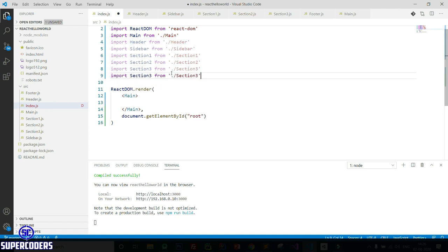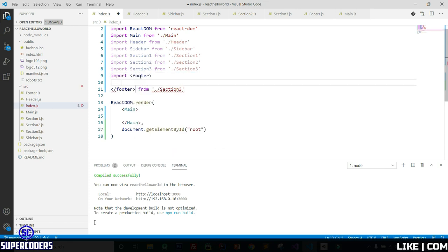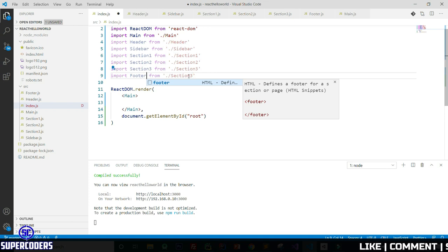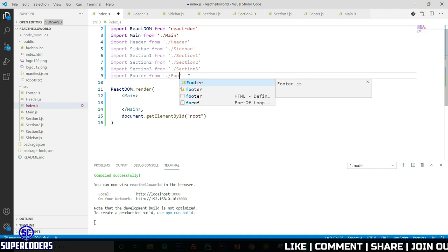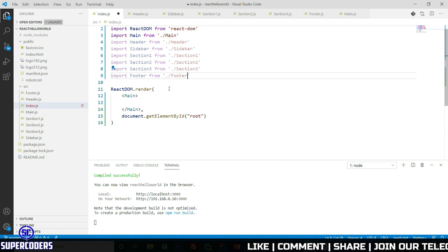Again type Control D. Now importing footer from footer, and you must check one thing.